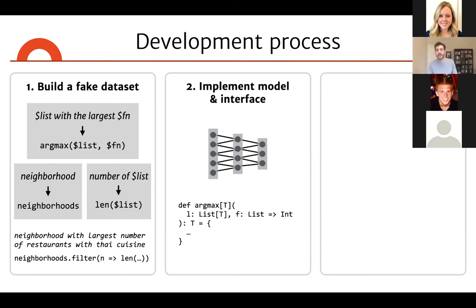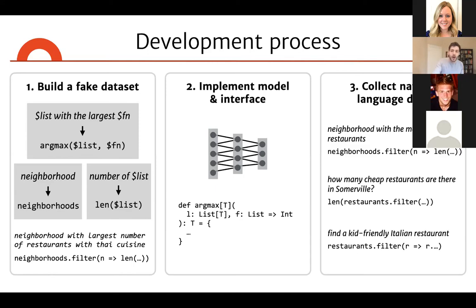interactive tools or interactive simulators or whatever, do I actually go out into the real world and collect real natural language utterances from people. And so, people, if you prompt them in the right way, will ask you questions not like "neighborhood with largest number of restaurants with Thai cuisine", but rather, "neighborhood with the most Thai restaurants", right? Which is a much more natural way of asking that question, and various other things like "find a kid-friendly Italian